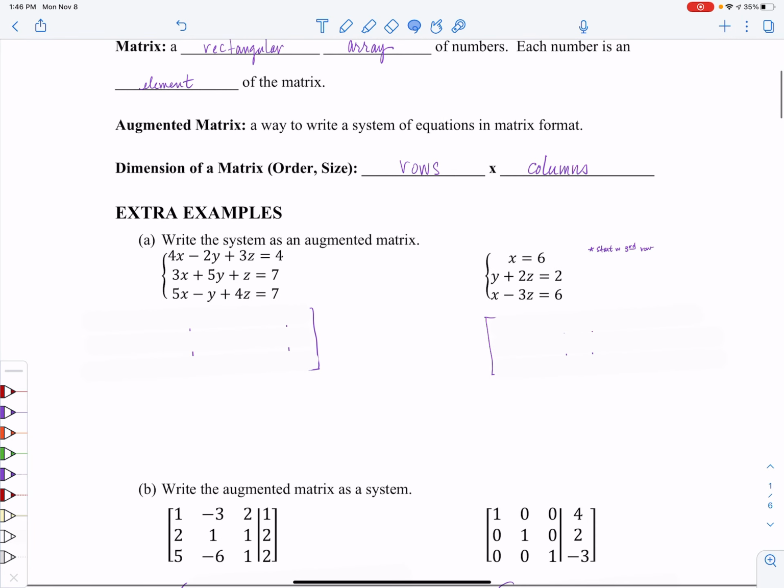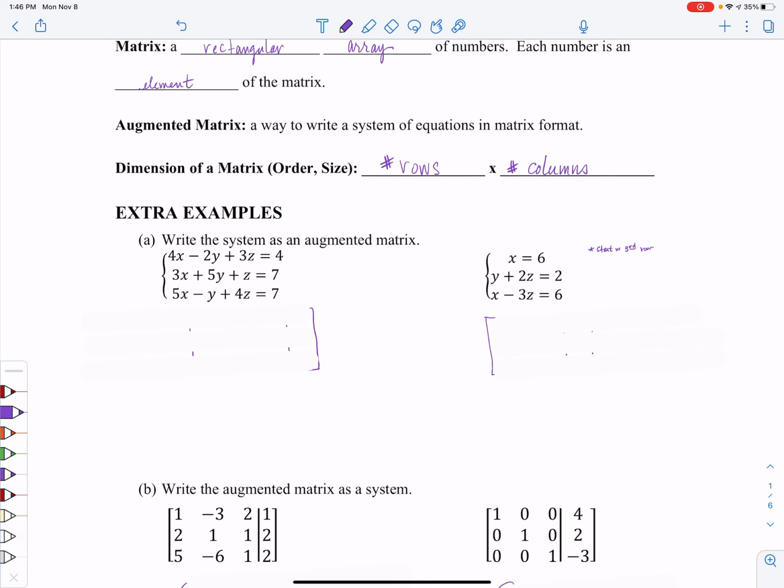And then lastly, in this little bit of an intro here, is that the dimension of a matrix, or the order of a matrix, the size of a matrix, is going to be the number of rows by the number of columns. All right, so let's just go ahead and first of all practice writing a system of equations as